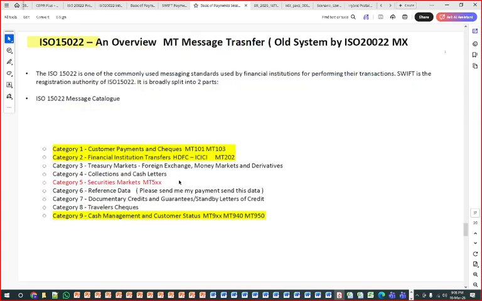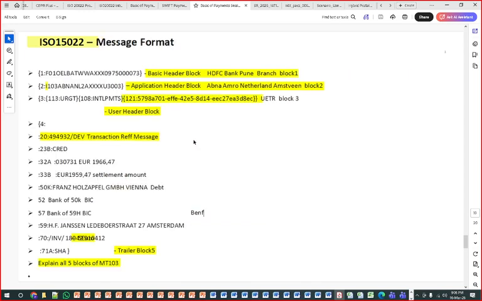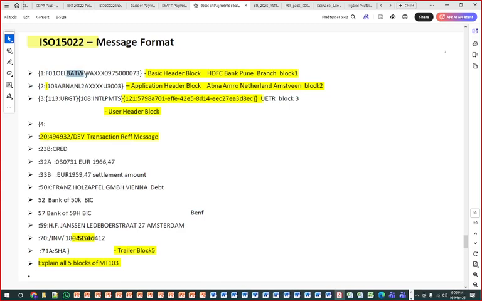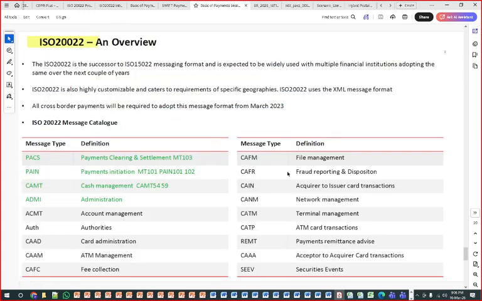This is the basic first slide only. Then in this we are also going to learn category 1, category 2 and category 9 messages. How these messages look, we are going to learn each and every dot, each and every part of the message. What is this message, why we are sending it like this, everything. When you are preparing, most interview questions come on this part, so we are learning this very thoroughly in the 2-3 hour session.